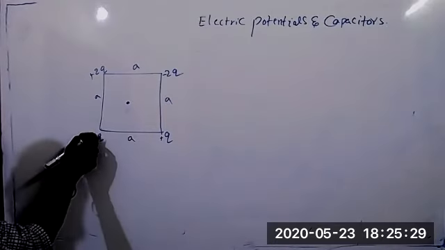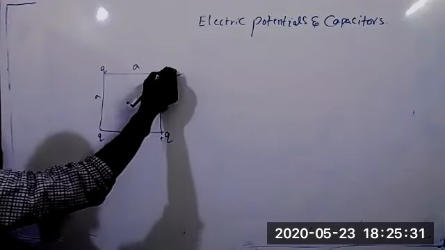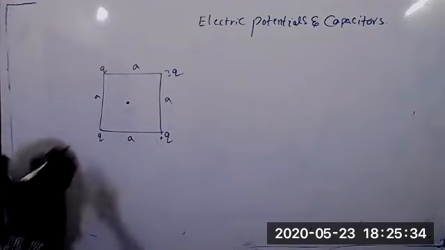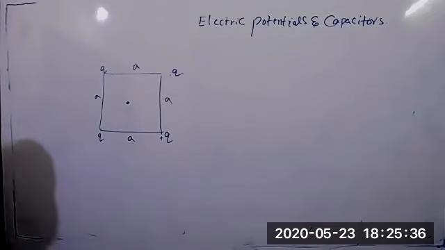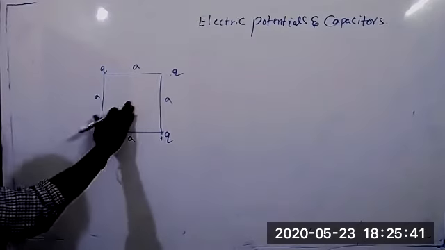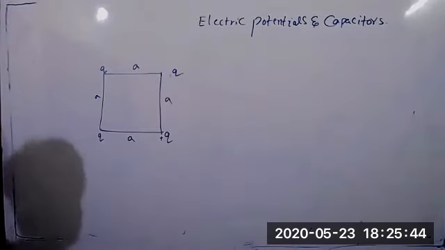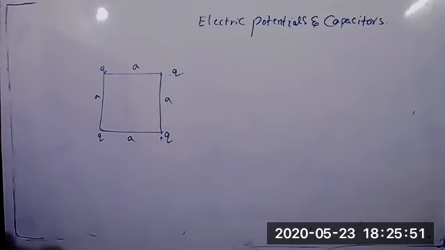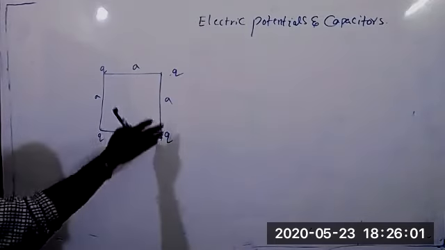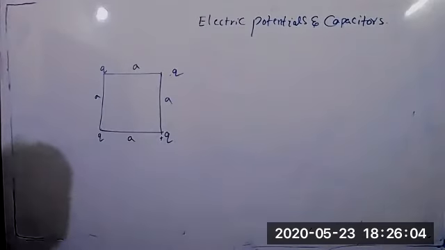Now see, try to solve this sum. Four identical charges. Calculate potential energy. So what is the charge at the center? Due to the system, what is the potential energy? Due to all four charges, what is the potential energy?